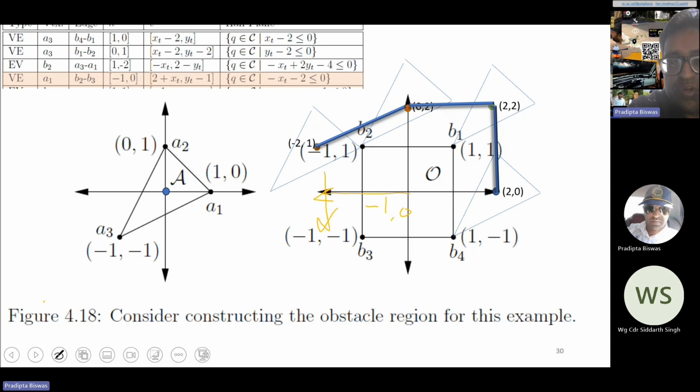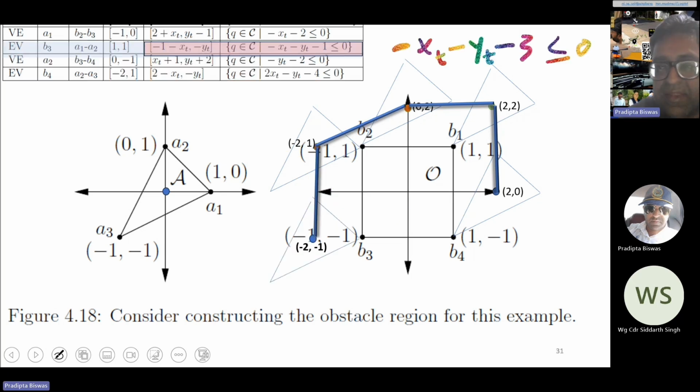And the position of A, the center point, will be minus 2 and 1. Again, you can see the notion that this is 1 positive direction Y and negative direction left hand minus 2. And we can find the V equation by multiplying that minus 2 into 1 and 1 into minus 2. So we are getting this similar formula, minus xt minus yt. And from that, we are getting the equation for the next one. The normal is minus 1, 0, and we are using this value of A and getting this half